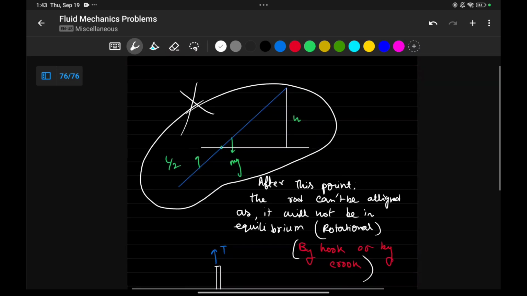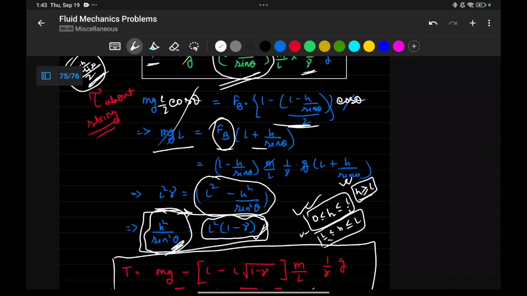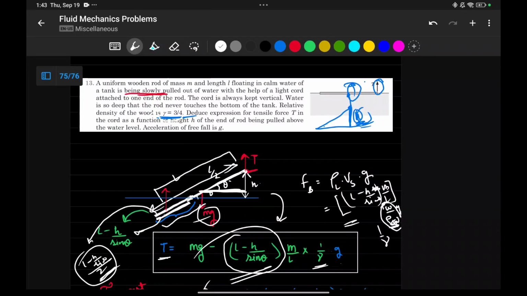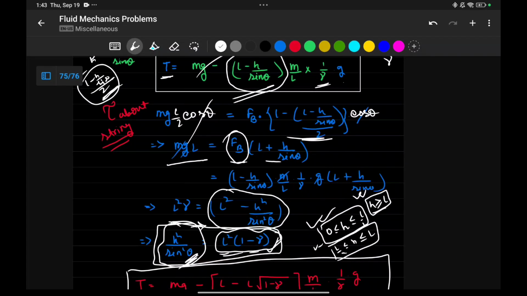I am continuing. The matter is that here it is given as h square by sine square theta is equal to L square into 1 minus gamma. But can you see the relative density here? It is 3 by 4. So h square by sine square theta is a positive value, so this has to be positive. So how can this be positive? 1 minus gamma is positive, and its minimum and its maximum value is just